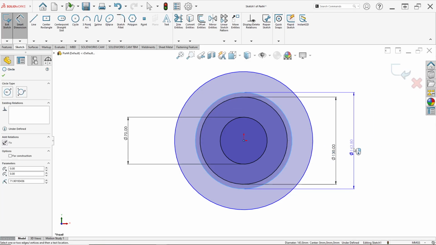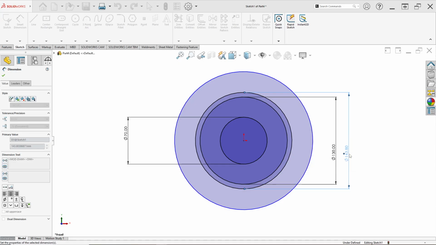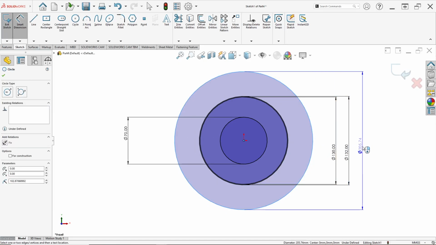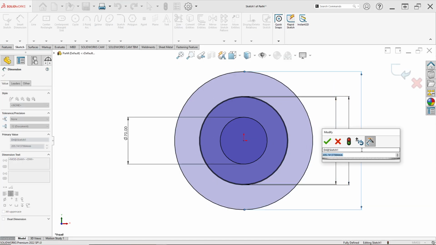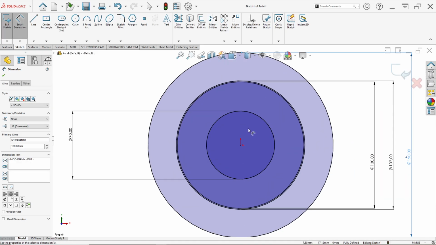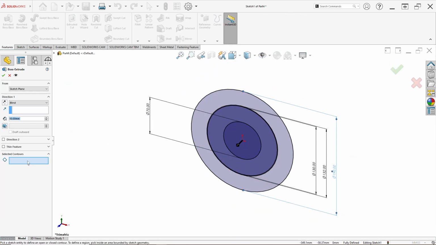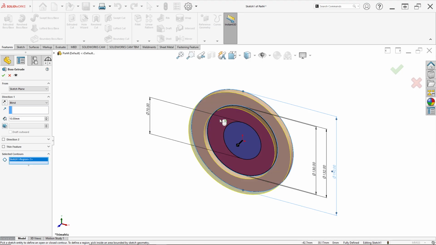And third circle I can set in 132. Then for the first and the last circle I set in 190 millimeter for diameter. Like this.